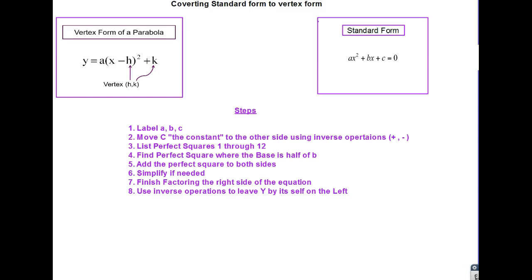Okay, in this video, we're going to convert standard form to vertex form for quadratic equations. These are the steps to help you a little bit. It's not complete, but it helps with the conversion. Let's try converting y equals x squared plus 16x